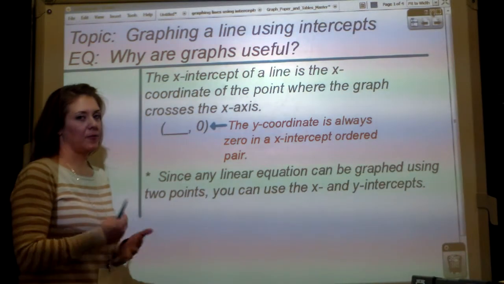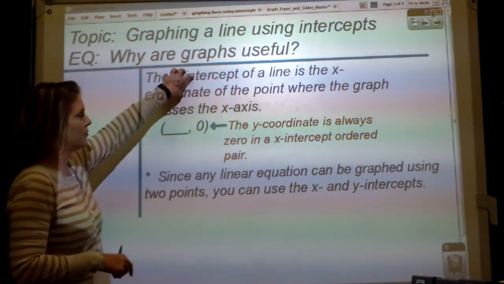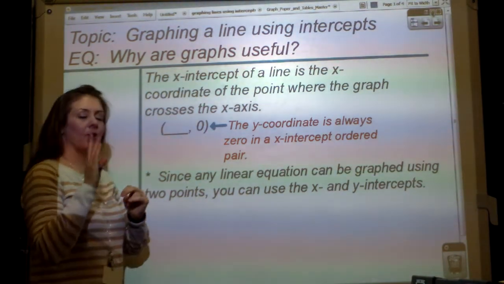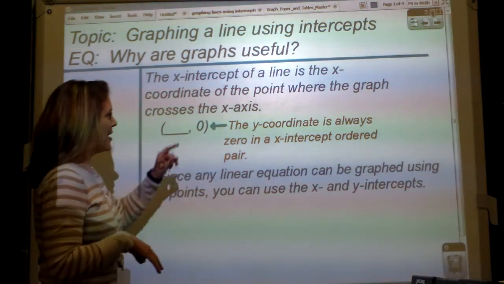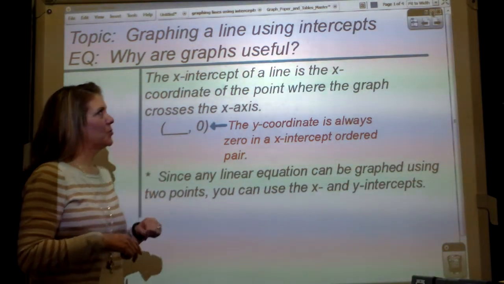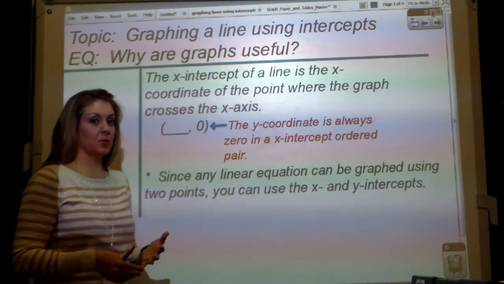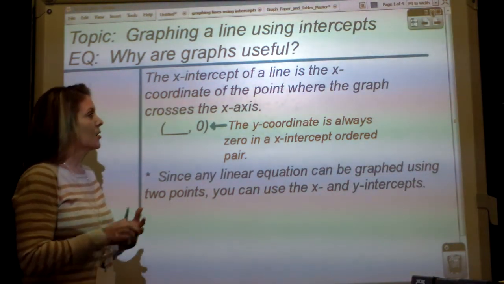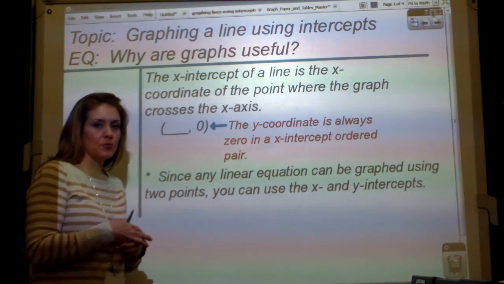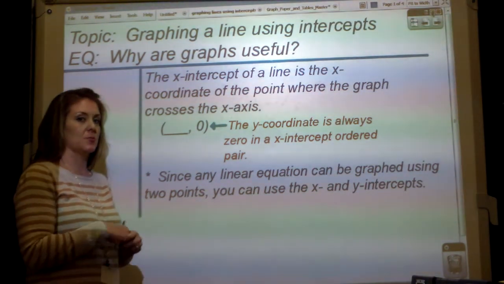Okay, we have been graphing lines, equations in two variables for about a week and a half now. So we're going to look at a different way to graph a line. This is by using the intercepts. So we're going to be talking about the x and y intercepts. You've kind of been introduced to the y-intercepts, but we're going to look at the x-intercepts as well and make